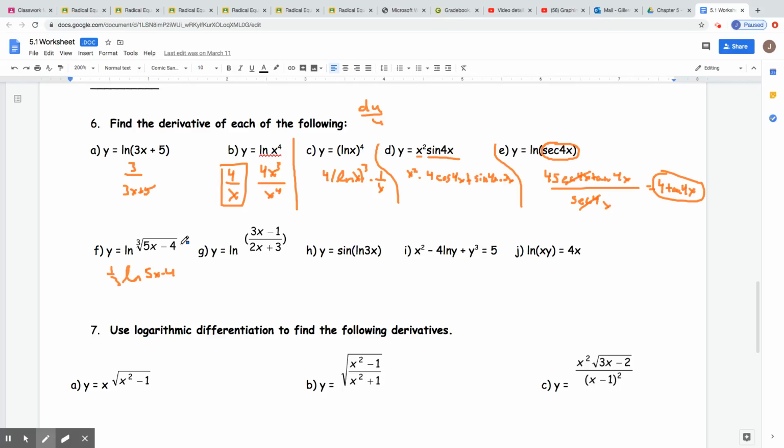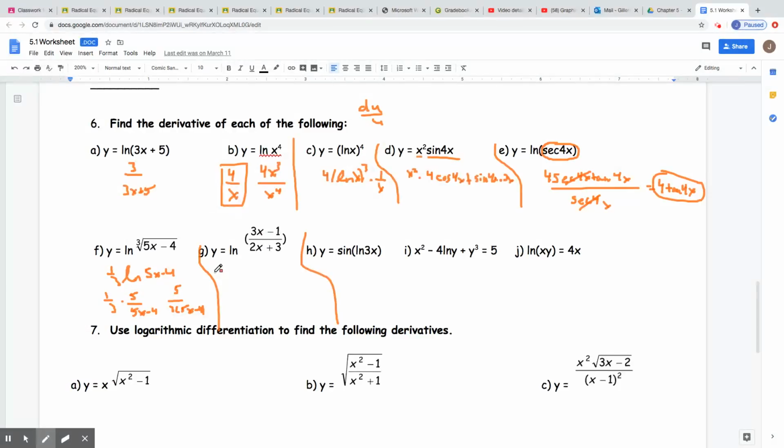Because this is to the 1/3, you can move it out front. So it's 1/3 times the derivative of 5x minus 4, which is 5 over 5x minus 4. So the answer is 5 over 3 times the quantity 5x minus 4. All right, this one is going to be easier if you